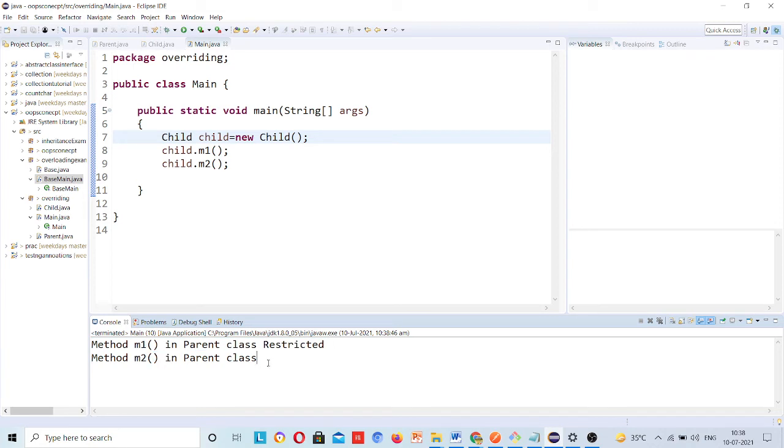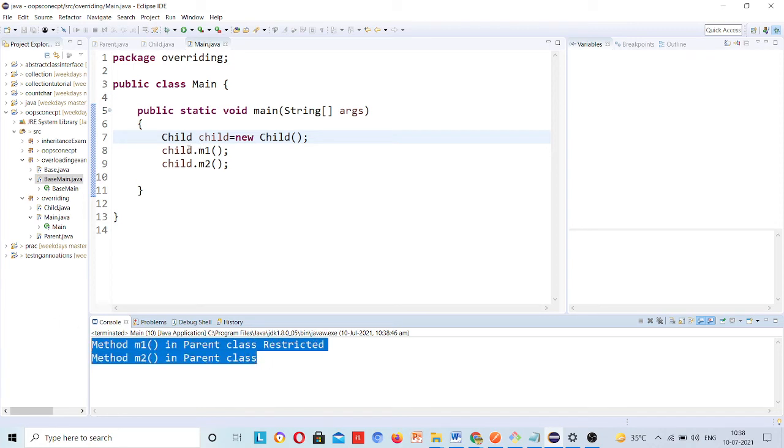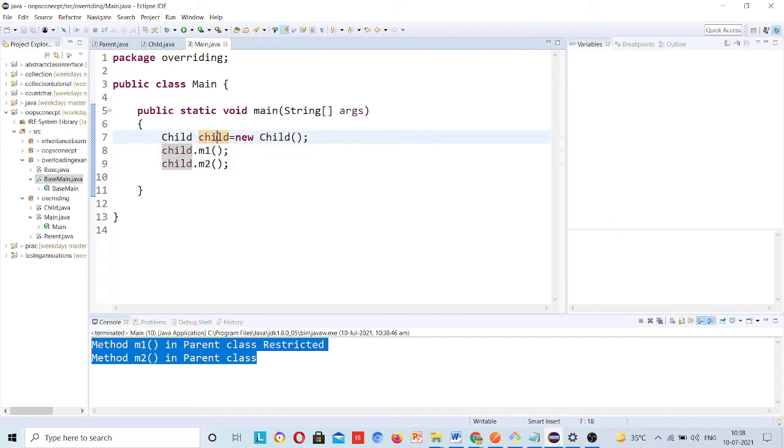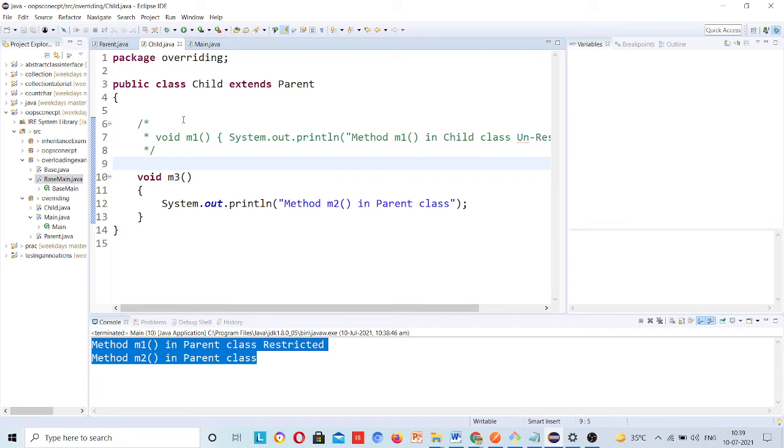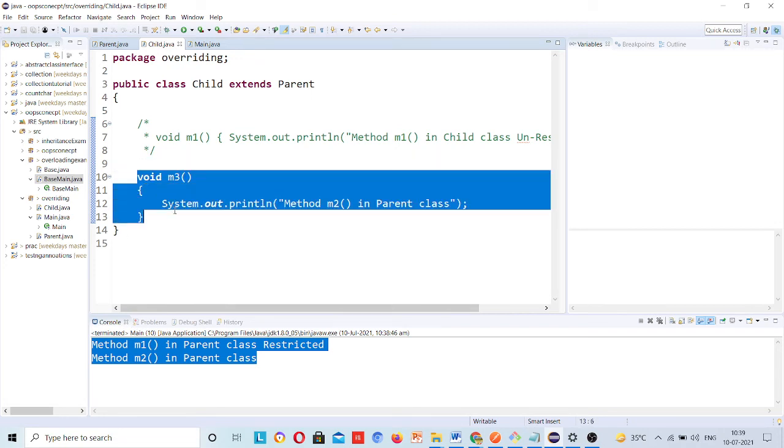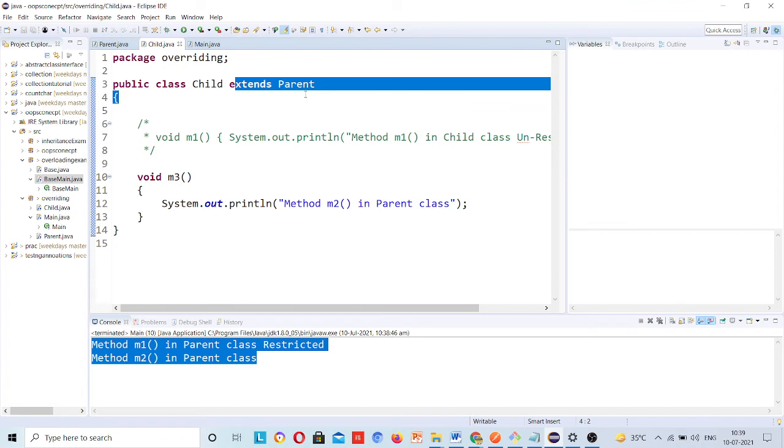These methods are present in the child. You are creating the child object and calling the child class method, and the child has three methods, m1, m2 and m3. M3 is written by the child class itself, and m1 and m2 are coming through inheritance. Otherwise, what is the need of inheritance? All the properties are coming through inheritance from the parent class.